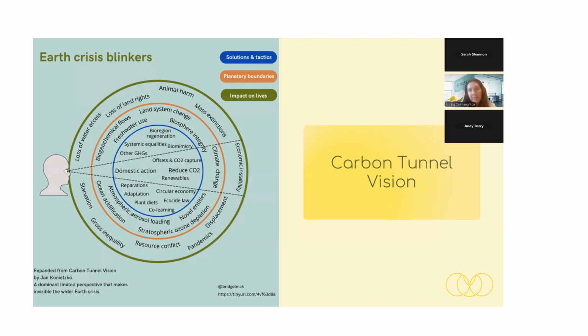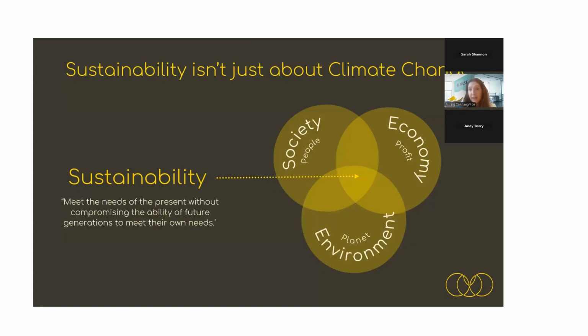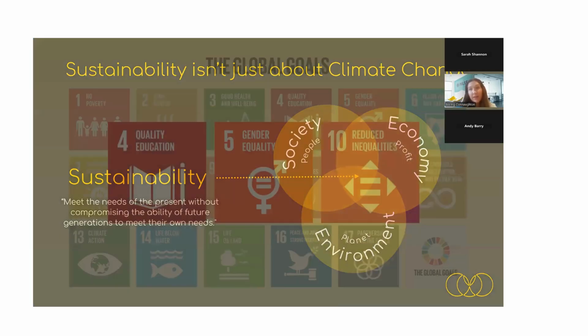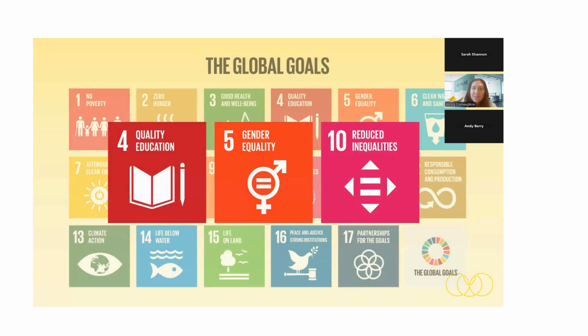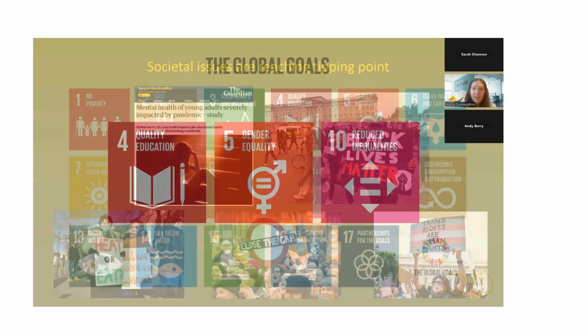And many academics will say, we have to be focused on carbon because if we don't sort the E, there's nothing else left, right? So there's no business on a burning planet. We have to sort the greenhouse gas issue and the environmental aspects. However, we are in something called carbon tunnel vision, and we do need to start looking at all the other aspects because they are all interconnected, and that societal pillar is absolutely key. So we're going to spend a bit more time working through the S.